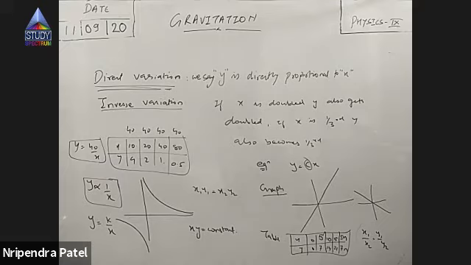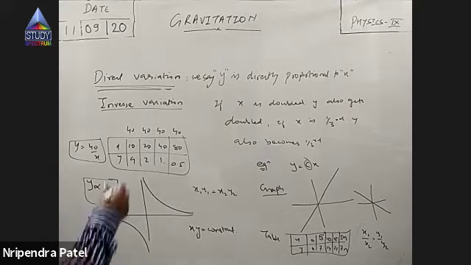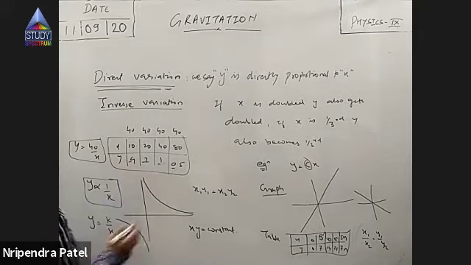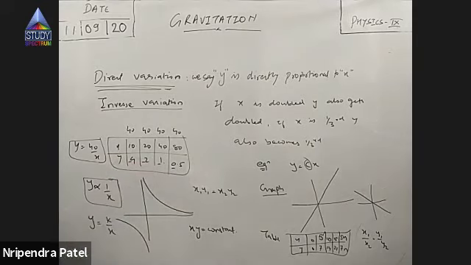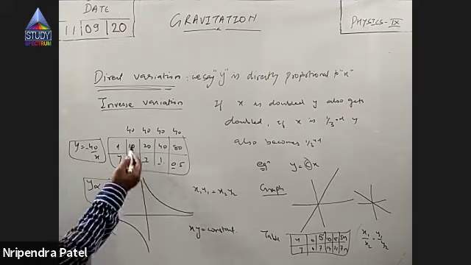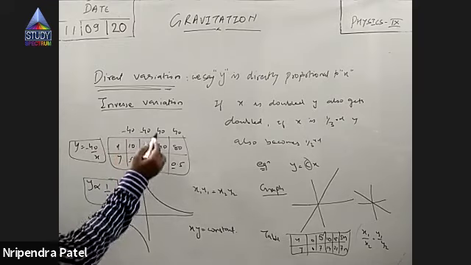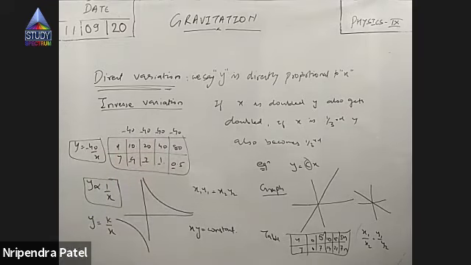Okay, so I hope now you'll remember what direct variation and inverse variation are, right? And never keep in mind that one of them increases and the other decreases. No, I can show both of them increasing. How? x is 10, y is minus 4, x is 20, y is minus 2... See, x is increasing, y is also increasing. Is this a case of direct variation? Yes. x into y is minus 40, minus 40, minus 40. So it is direct variation, but the constant of proportionality was negative. So if one of them increases, the other also increases. Right?